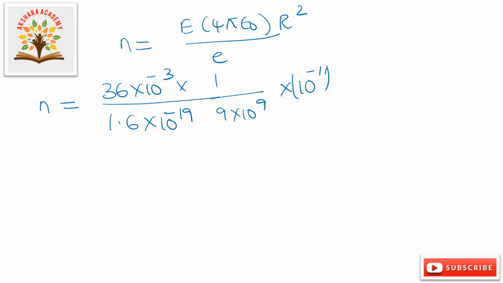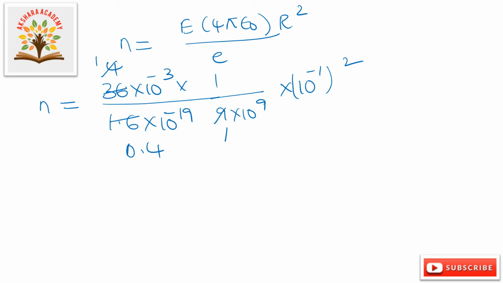whole square, 10 to the power of minus 1 whole square. So here, taking cancellation, the 1.6s cancel, or else here 9 ones are 9, 9 fours are 36, 4 ones are 4,